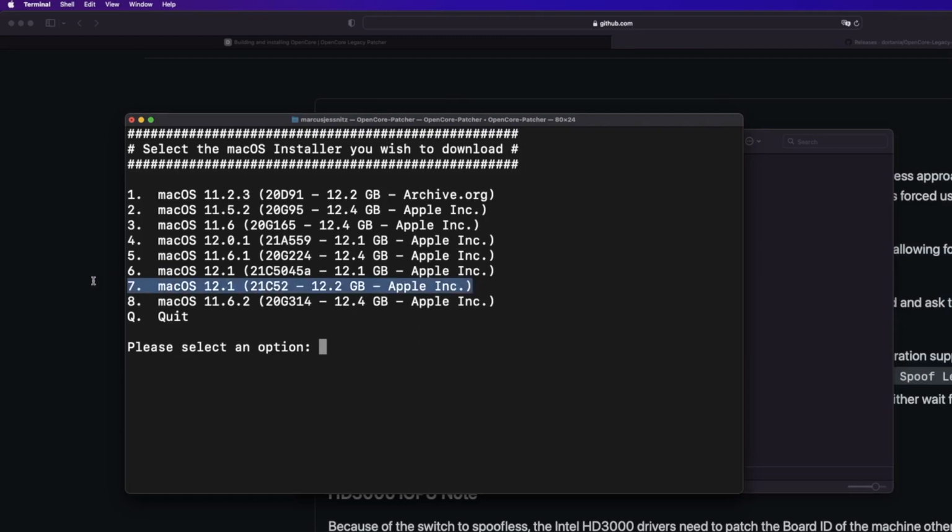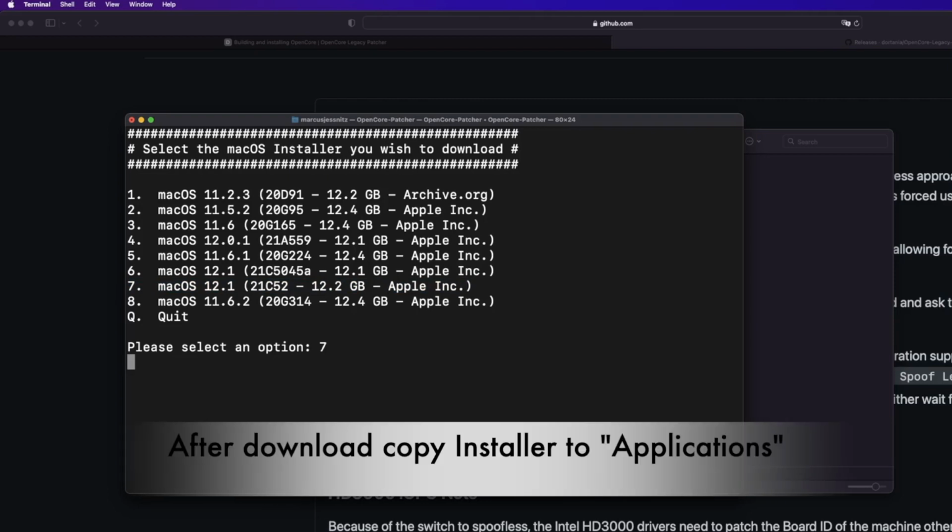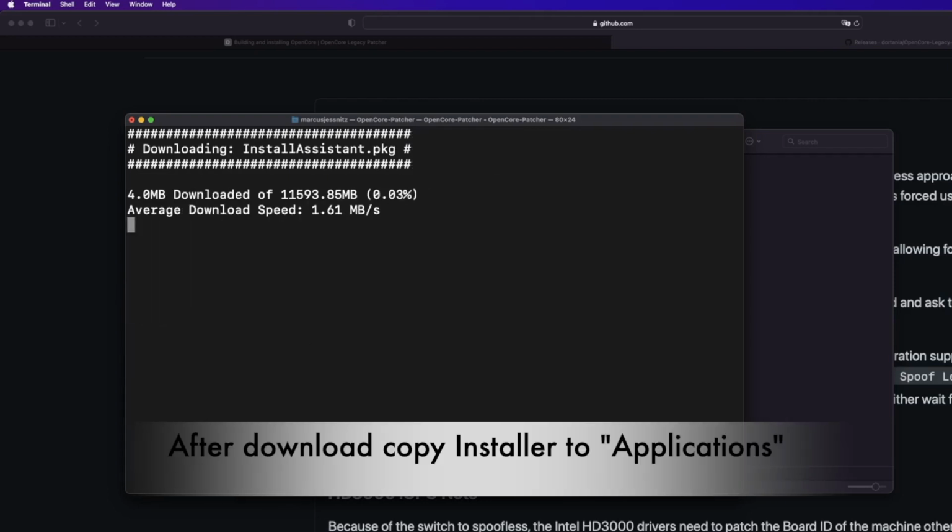And here you see the macOS 12.1. Actually, you have it twice, but you can just check for the download version number. You have a 21C50 and a 21C52, so you should always choose the newest version, the C52, 12 GB download, and you can just type 7 and it starts downloading. Afterwards, just put the installer into applications and you can start the update manually.